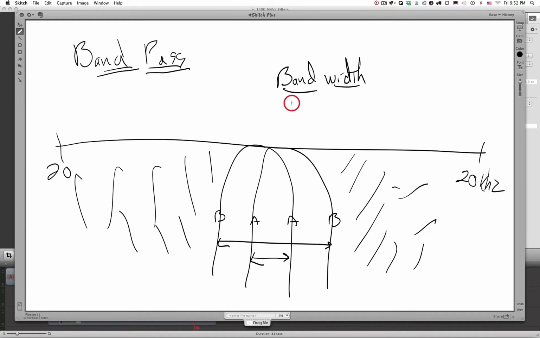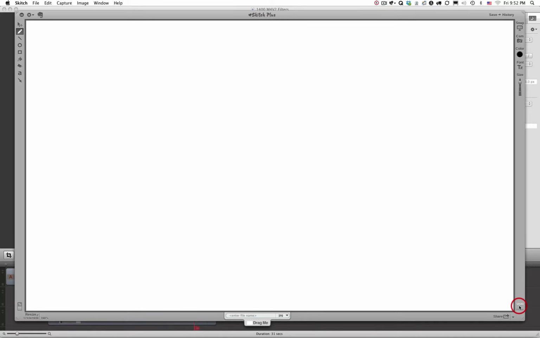This is called bandwidth. We also sometimes will call that Q. It's the width of the band, the amount of frequencies in this case that are allowed to pass through the filter. Bandwidth, how wide is the band? Okay, so we can have, as an example,